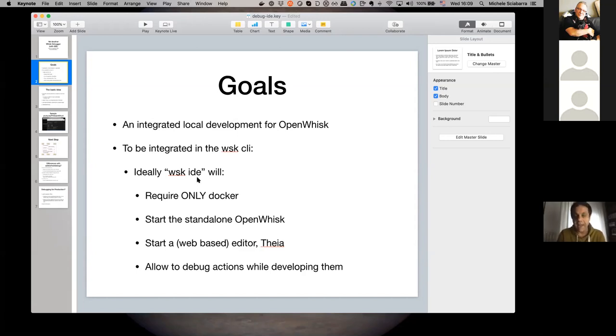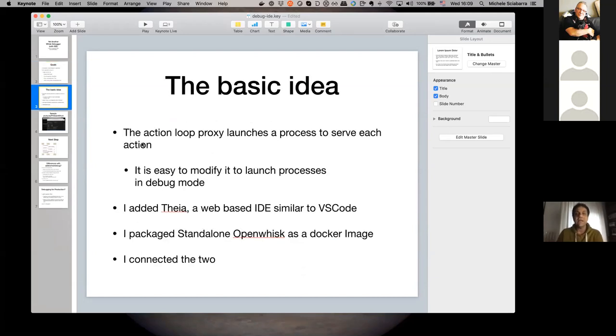Adobe wskdebug, because at the moment the work I have done is only for the ActionLoop-based runtimes, and probably wskdebug is already working for the others that are not based on ActionLoop. Although probably I can reuse it if I understand how. This is still an open question. But in any case, I have for now a proof of concept, a bit more than a proof of concept, working. So the idea to enable debugging was because the ActionLoop proxy launches a process, and it